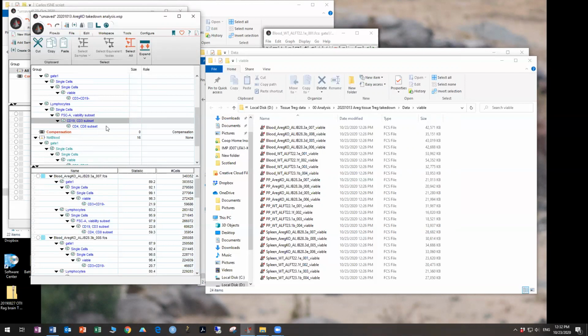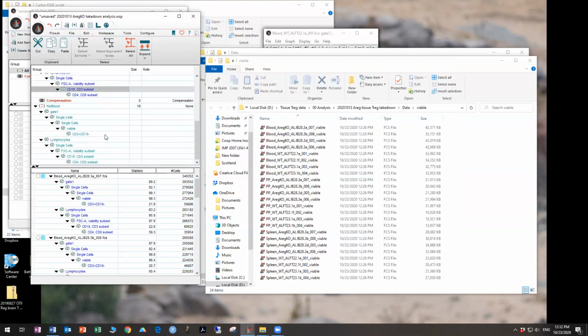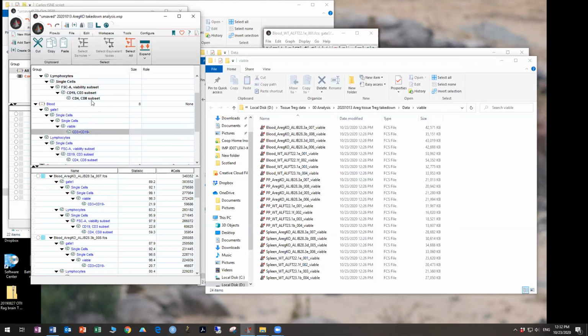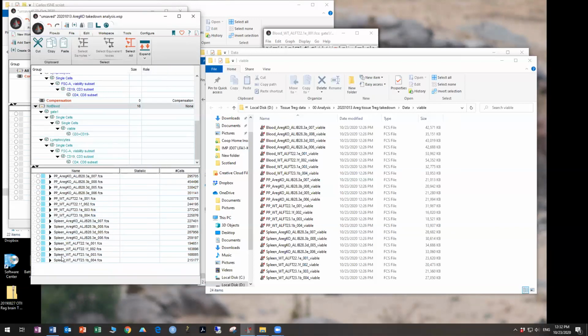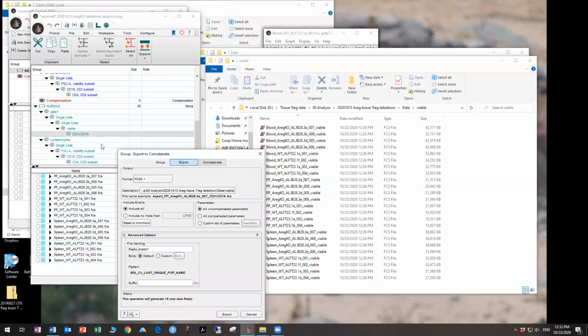What we want to do now is export our CD3 cells. And because we have groups, we can do this one group at a time, and we can apply tags to the cells just in this group. So for instance, our not blood, the files in here are called PP or spleen. So right now we have no one label that we can apply to them in R to sort all of these files together. We can add that now by going here, export concatenate group,